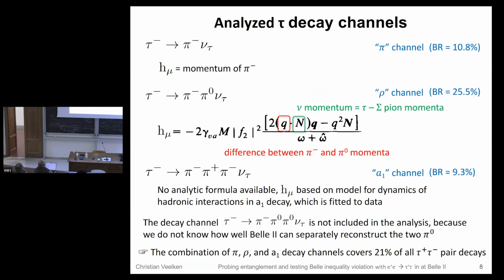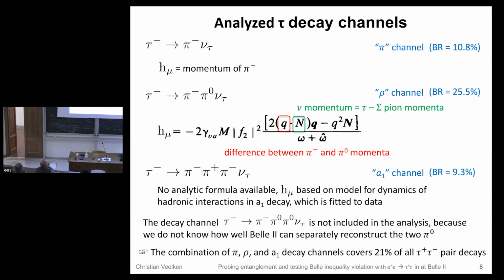Then for the decay of the tau into one charged pion and one neutral pion, it proceeds via the rho meson resonance and has a branching fraction of 25.5%. The polarimeter vector is a simple analytic equation. It's a function of the momentum of the charged and neutral pion, the difference between the pion momenta, and the momentum of the neutrino. But if you're in the rest frame of the tau, the momentum of the neutrino is simply the negative sum of the two pion momenta. So it's very easy to compute the polarimeter vector for this decay mode. And that has a branching fraction of 25%. So even if you just combine these two and you have two hadronic taus,